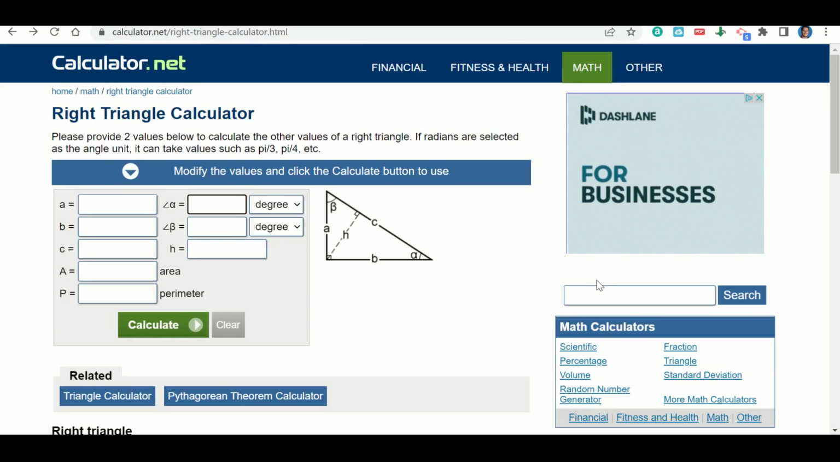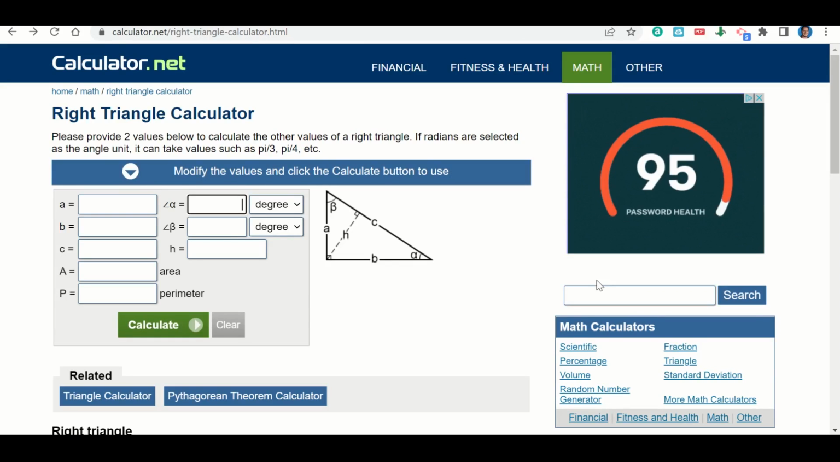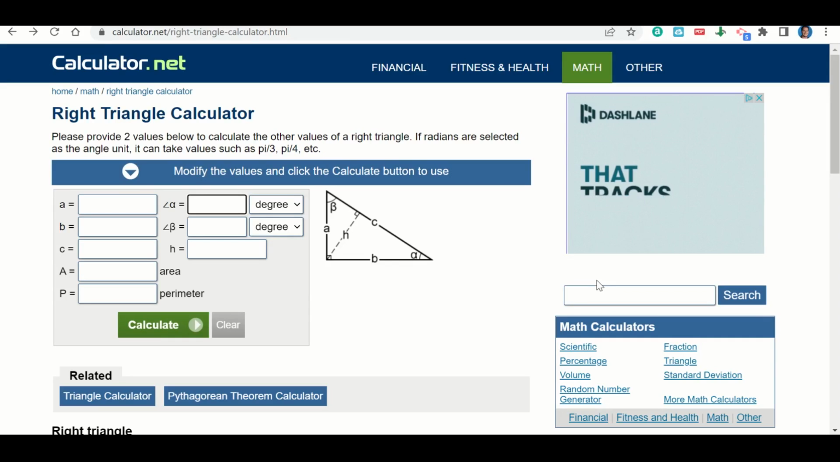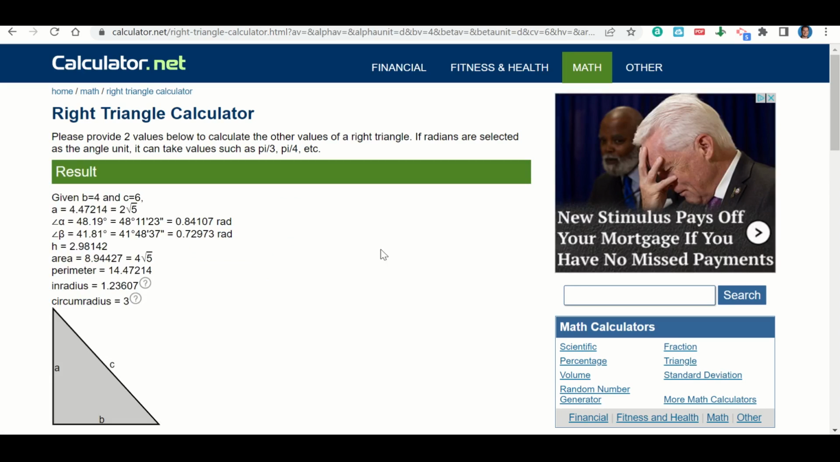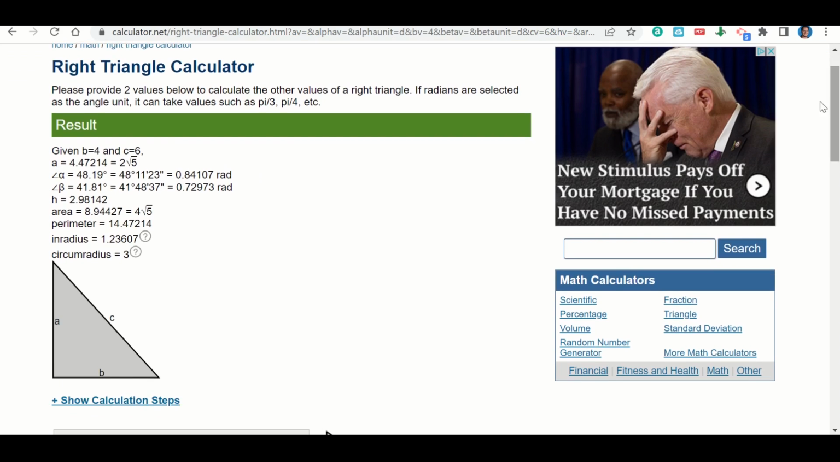Let's talk now about how to check our work when trying to find an angle measure of a right triangle. So in this case, let's assume we're given two side lengths and we're expected to find an angle measure. So let's say in this triangle we know that C is 6 and we know that B is 4. And let's say that we're trying to find angle alpha in this case, this angle here. Well, we put it into the calculator, B is 4 and C is 6, and we hit calculate. And notice it's going to tell us everything else we need to know. So we can see that A in this case would be